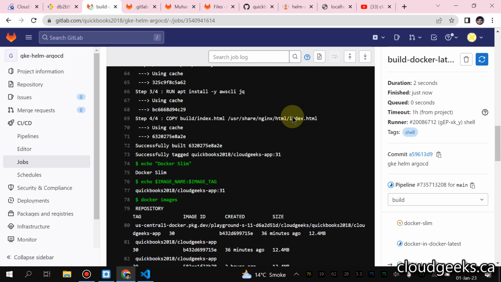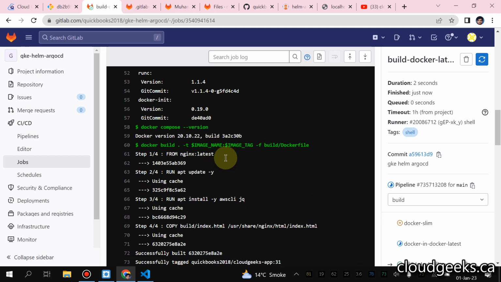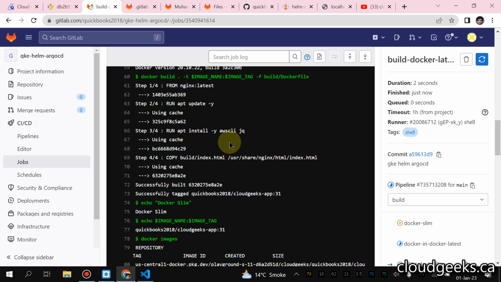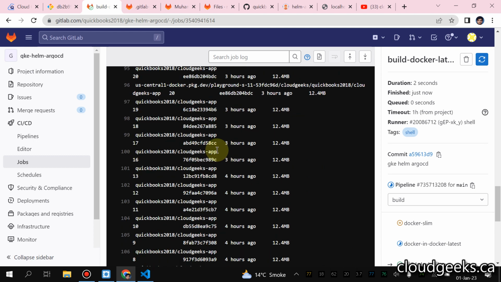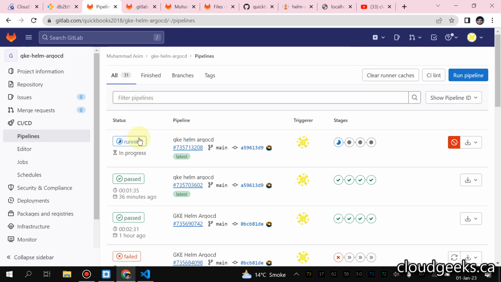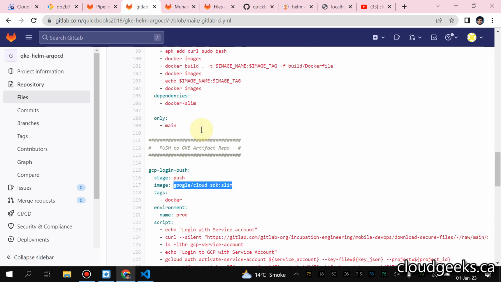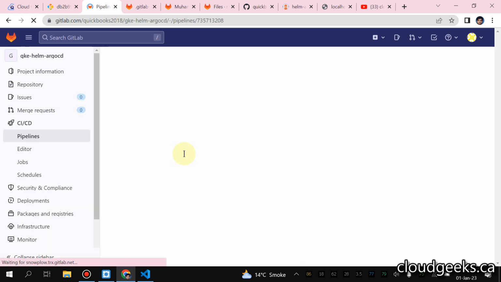Here, from Nginx, we are going to build our image, and we are going to install AWS CLI. Everything is done quickly because it is coming from the cache. This job is completed. You see, if you navigate to this pipeline, we have four stages, and in the build stage we have three jobs, and the other stages have a single job, right? So if you click this running